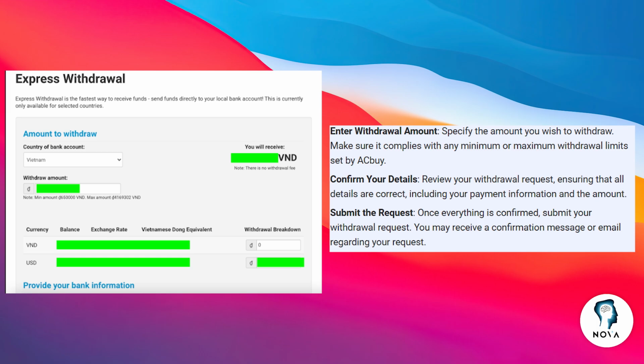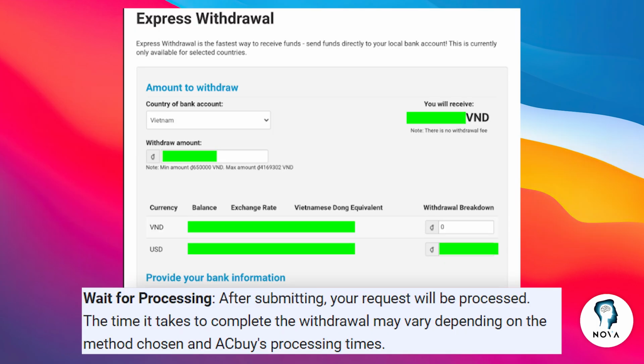Now, review the withdrawal request, ensuring that all details are correct, including your payment information and the amount. Once everything is confirmed, submit your withdrawal request and you may receive a confirmation message or email regarding your request. After submitting, your request will be processed and the time it takes to complete the withdrawal may vary depending on the method chosen and Acbuy's processing